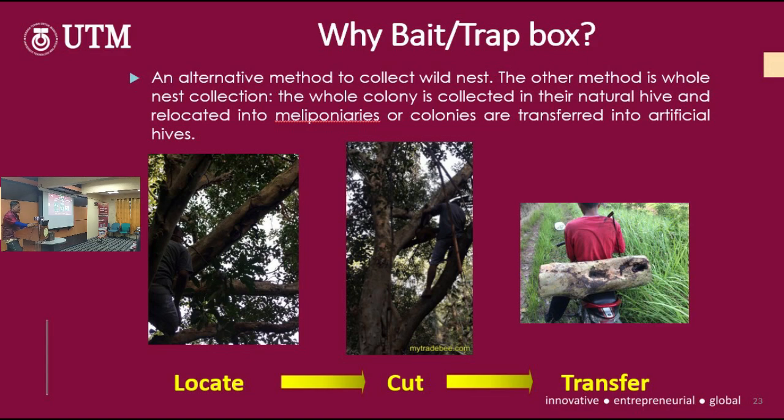So why do we want to use this trap box or bait box? Because of the conventional way, as you can see. People go to the wild or the forest and spot the stingless bee colony, and in this example, the colony is on one of the branches. So they identify the branch, cut it, bring it back, and then process it. But only 2 out of 10 colonies are on the branches. You understand? It means that if we find 10 colonies in trees, 8 of the trees have to be cut down